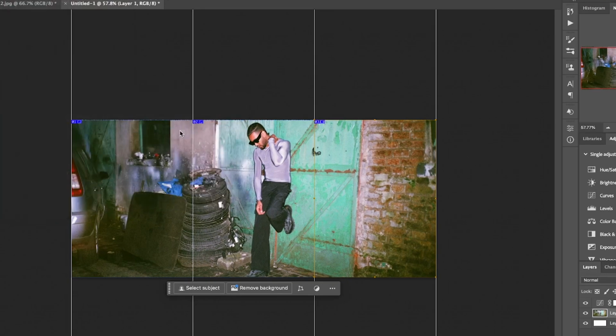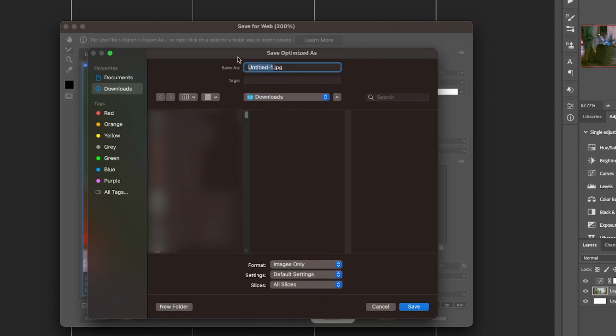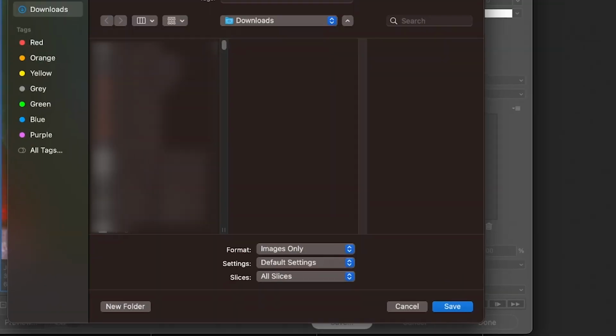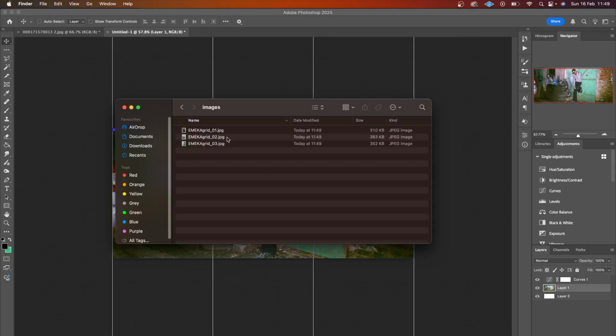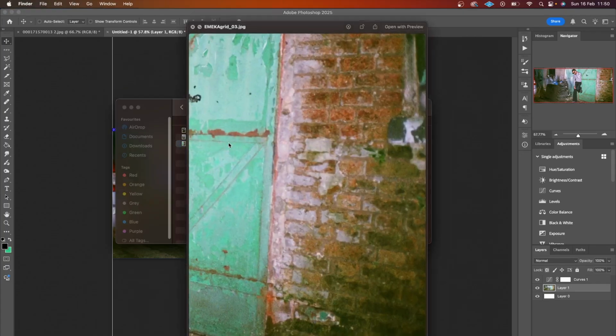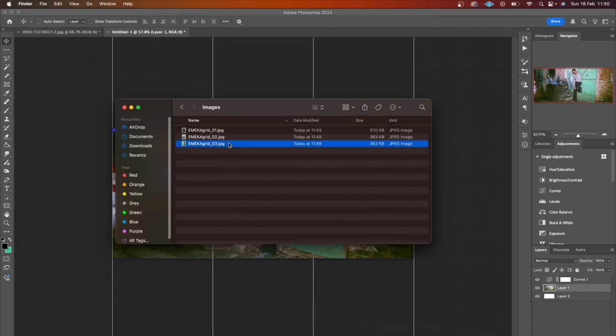All right, once you've done that, you now need to obviously save your posts: File, Export, Save for Web. This is your option, and obviously here you have your options, JPEG High. You can always up your quality if you want. Click save, name it as a Mecha Grid. Make sure the tab at the bottom is selected on all slices. Save. If you have a look here, you can see the seamless Insta post, which will look like this as